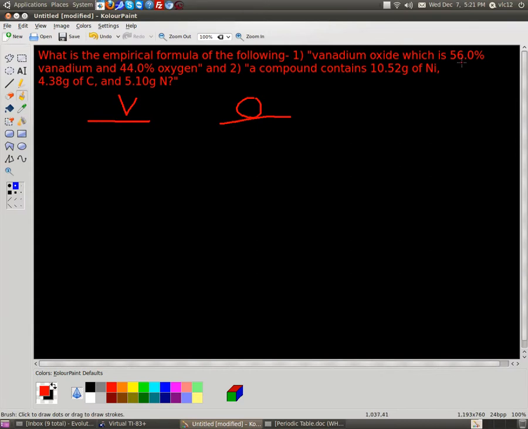But anyway, notice they're telling us the percent compositions, and that's kind of nice. All that you have to do is, when they tell you the percent composition, for example 56.0%, just drop off the percent sign and change it to grams. So we're just going to pretend that percentage is grams, because what you're doing is pretending that your sample is a 100 gram sample instead of 100%. So this is basically 56.0 grams, and this is grams of vanadium. Okay, and over here you're doing the same thing for the oxygen. You're going to pretend that it's